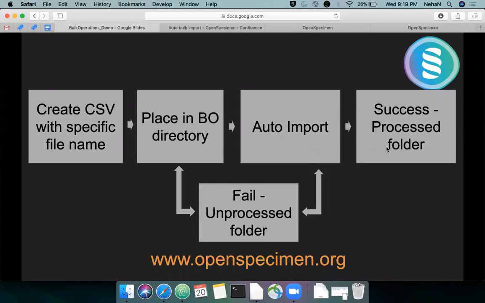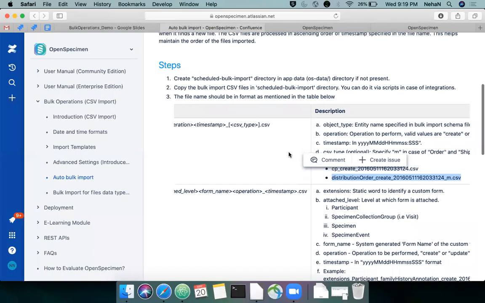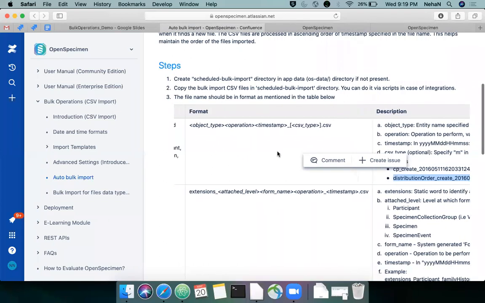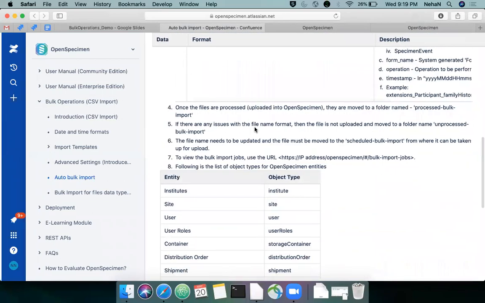If there are some errors in that file, the file will be moved to a different folder. So when the user comes back and checks the process, the user will get to know whether the file was imported or it failed due to some error. All the details for auto bulk import you will find on this page, which is under the bulk operations.